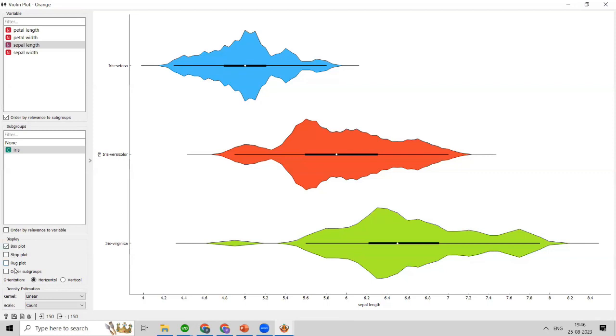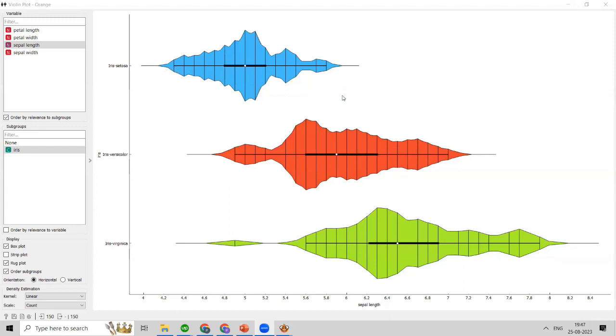Okay, so if you want to see the values, you can order the subset, you can drag the plot, you can use a strip plot. So you can see the mean value of iris setosa is near 5. Okay, if sepal length is 5, it is iris setosa. But it is distributed. How is it distributed? It is distributed from